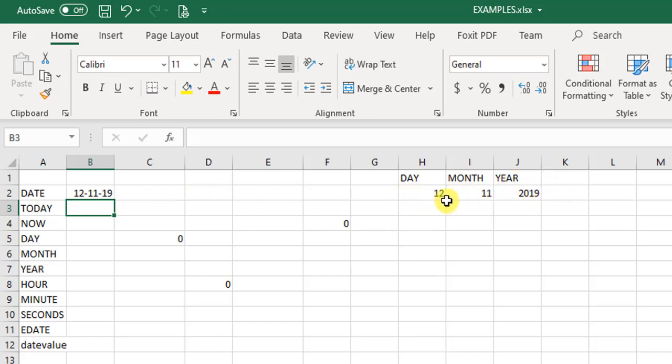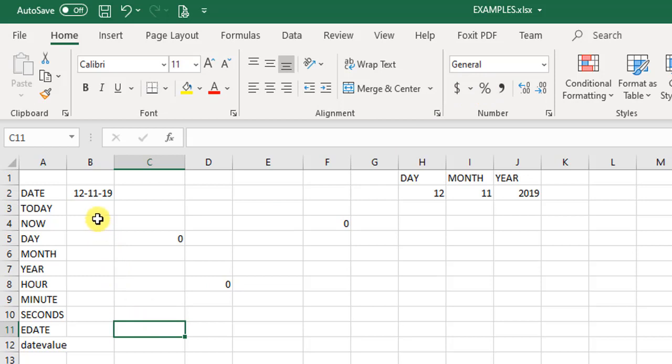I have to provide the day, month and year, and it will give me something in a date format. If you see over here, as soon as we jump over here, the format changes, meaning it has now changed this to a date format. So I hope you got it.